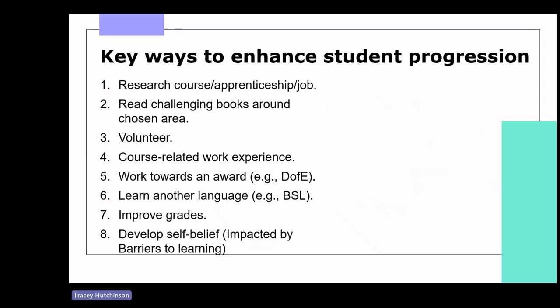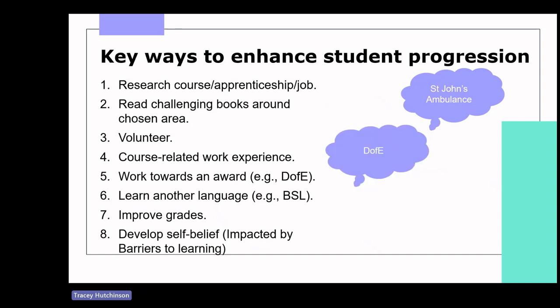Read challenging books around the chosen area, really engage them in lots of different media. Volunteering is a really key area, such as St John Ambulance, which gives them that clinical relevance. Getting course related work experience that maybe is beyond just their placement. Working towards an award, such as the Duke of Edinburgh. Learning another language, such as British Sign Language, which is a really great skill to develop. It's a nice thing to have on their applications, and it can even be linked to the knowledge that they've learned around person-centered care, effective